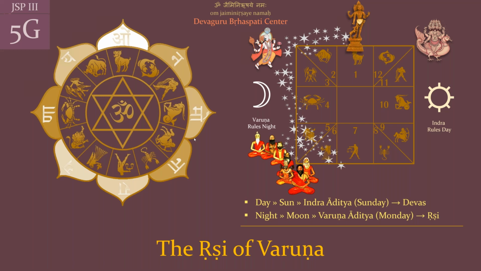Our topic for today is the Rishi of Varuna. You see, if you look at the natural zodiac, it is divided into two parts, which we call the day and the night signs, or day half and night half. Vara Shastra is based upon the two halves: the day half, the visible half, and the night half, the invisible half. Now, there are two ways to do this. One is based upon Surya and one is based upon Chandra. Chandra method and Surya method.